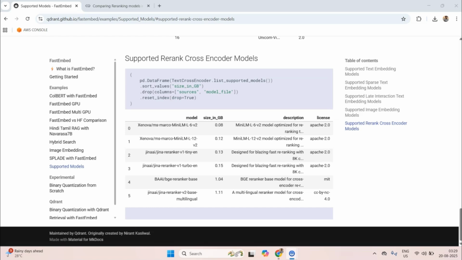Hello everyone, welcome to this new video in which I am going to be testing all the re-ranker models of the package which are offered with the package Fast Embed. Now on your screen you can see that there are 6 models which are available through the package Fast Embed,